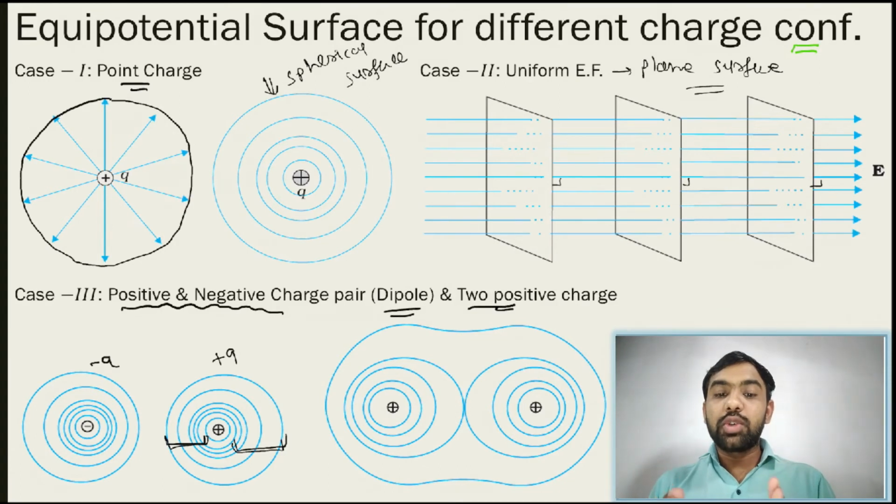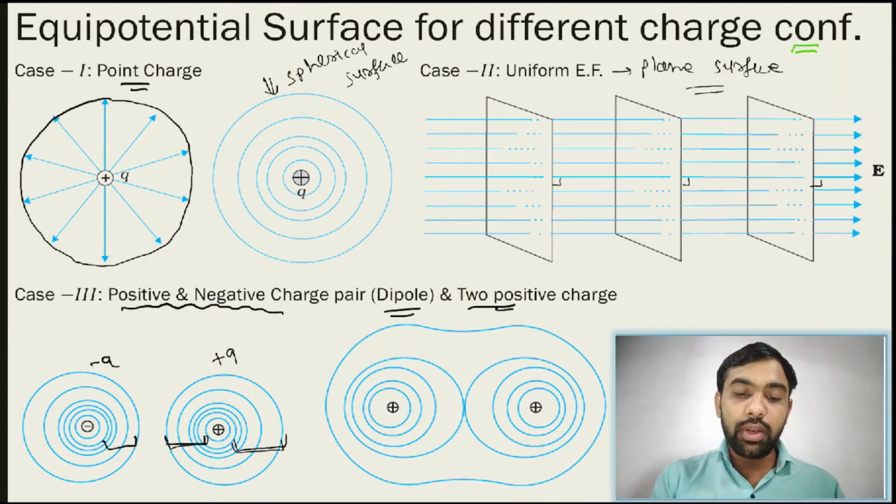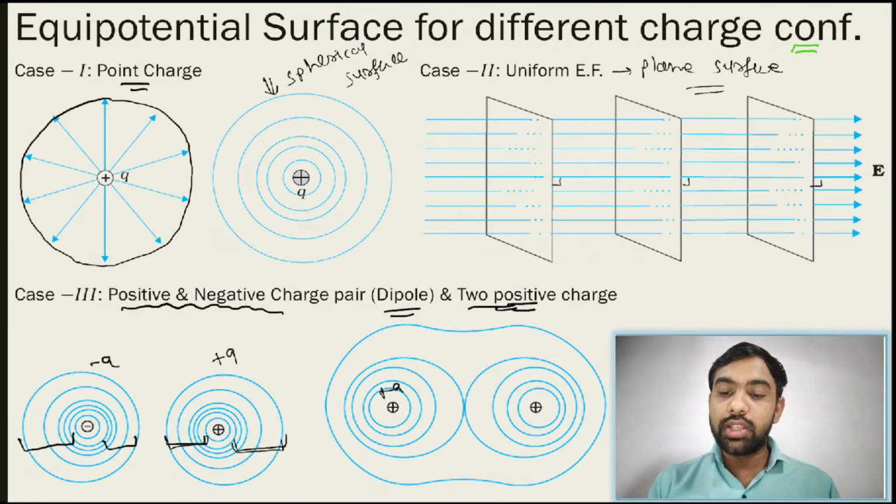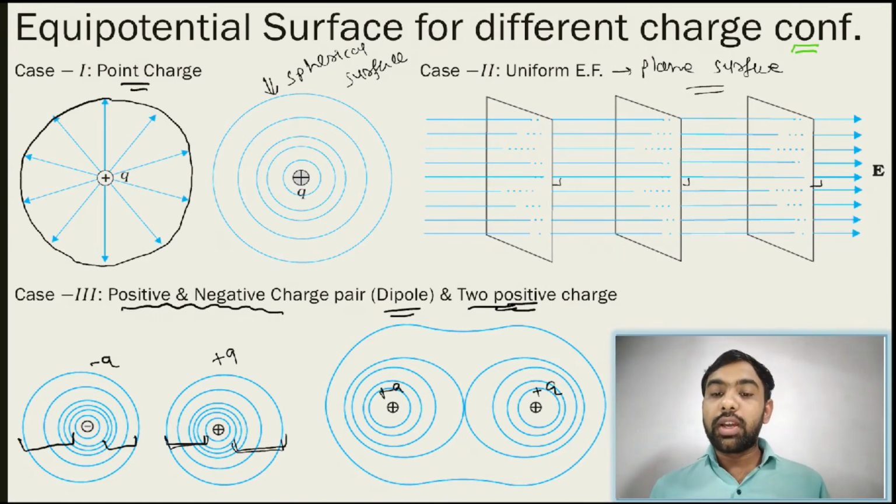मतलब कि उसके बीच का जो डिस्टेंस है वो चार्ज के बीच में कम होगा और चार्ज की अवे साइड लार्जर होगा. सी, यहाँ पे दिखाया हुआ है, यहाँ पे डिस्टेंस कम है और यहाँ पे डिस्टेंस ज़्यादा है. डू यू अंडरस्टैंड? And if you consider two positive charges, then equipotential surfaces repel each other. बिकॉज़ दो पॉजिटिव चार्ज हैं, यहाँ पे भी पॉजिटिव चार्ज है, यहाँ पे भी पॉजिटिव चार्ज है, वो रिपल करेंगे तो इक्विपोटेंशियल सरफेस भी रिपल करेगी. देखो यहाँ पे दिखा है.